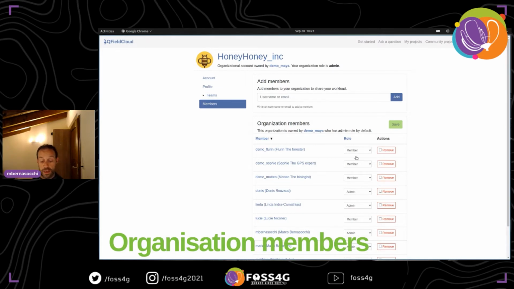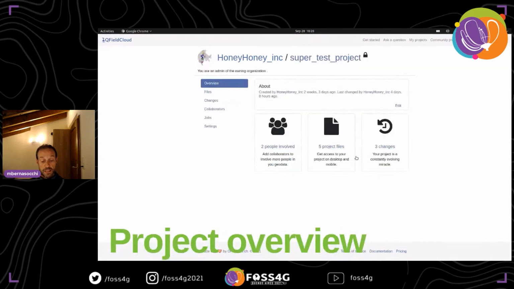So it can be a member, an editor, or an admin, and this gets reflected then on the project. Obviously, you can then go on and do it project-wise. We'll see it later on when we get into the project, to say which kind of permission the user has on a certain